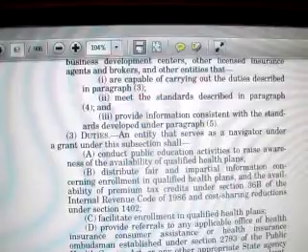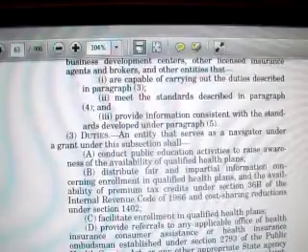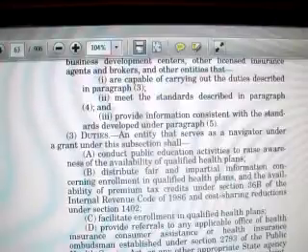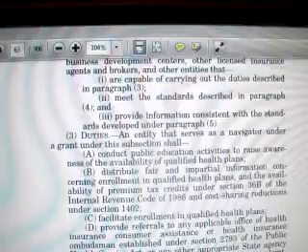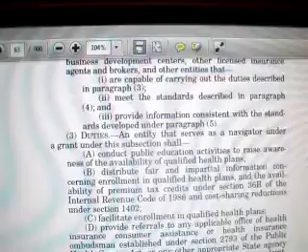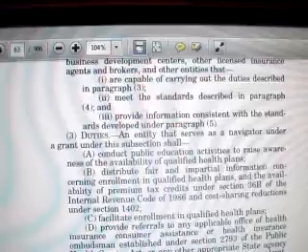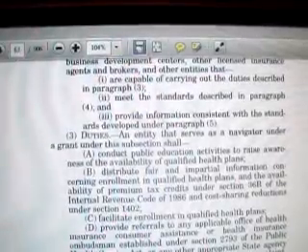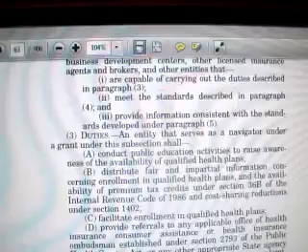Provide referrals to any applicable Office of Health Insurance Consumer Assistance or Health Insurance Ombudsman established under Section 2793 of the Public Health Service Act or any other appropriate state agency or agencies for any enrollee with a grievance, complaint, or question regarding their health plan coverage or determination under such plan or coverage, and provide information in a manner that is culturally and linguistically appropriate to the needs of the population being served by the exchange or exchanges. So now, not only do your employees have to know all this health insurance information, they also have to be able to speak a foreign language. And possibly more than one. Yeah. Okay.